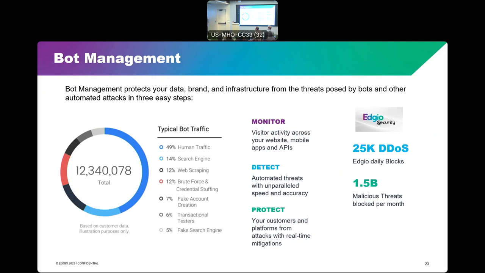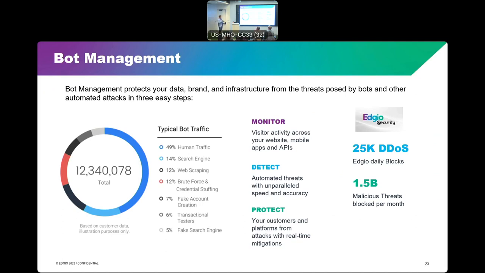So I can't sit here and quote you, but some of these products are more expensive than others. CDN, you know, you're not talking tens of thousands of dollars to get that service. So if you have a reasonable amount of traffic, I think it would be something at least worth looking at. You could get a quote. Okay.